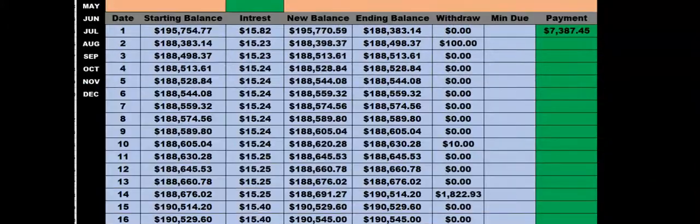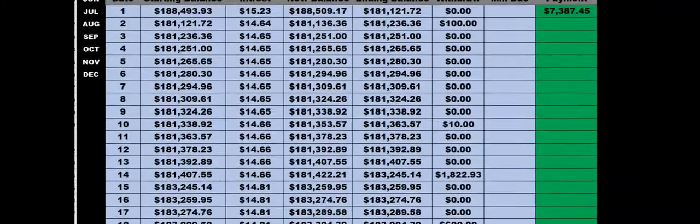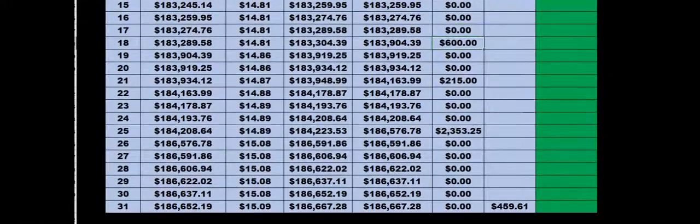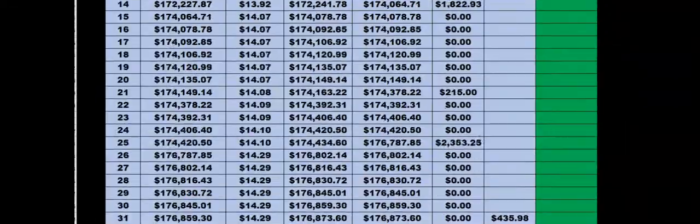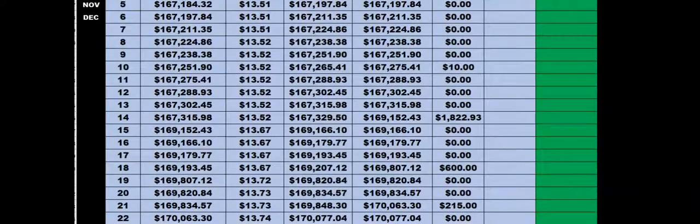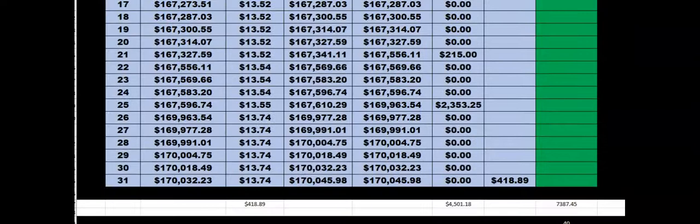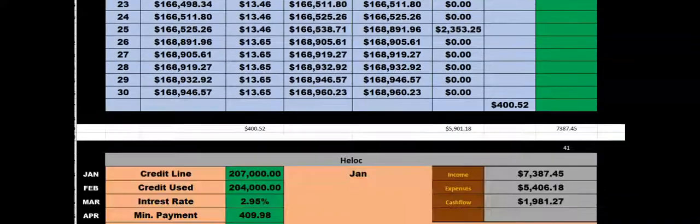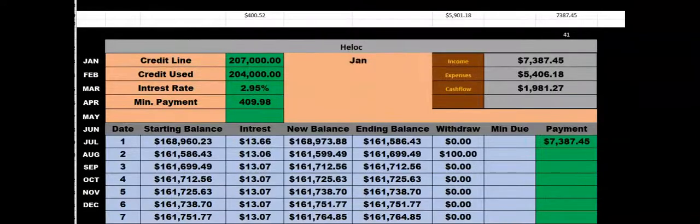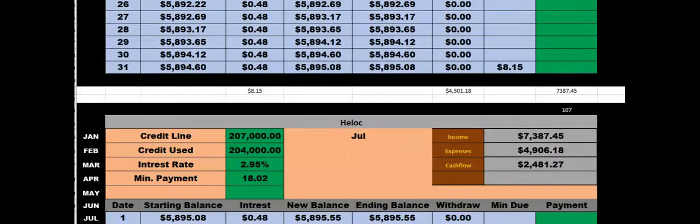And we still, every April, we'll have the extra $600. And every October, we'll have the extra $600. And then in December, we still have the $1,400 for the timeshare. So if we scroll all the way down to month 106, once our income comes in, starting month